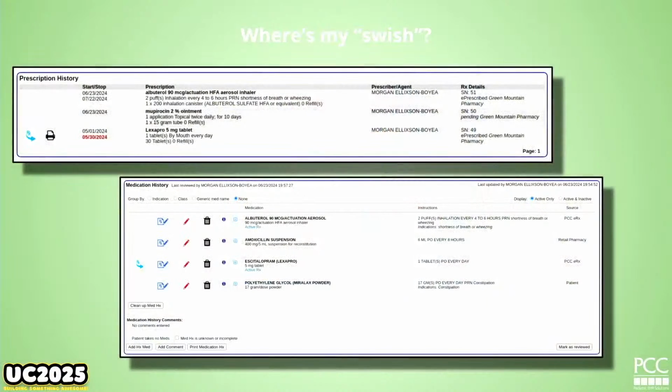All right, Jen, perfect. I am skipping some of the stuff that's in there, but let's see. Oh, here's a question you might ask yourself now that you've learned about the swish. You say, well, where is it? It's not on some of these other prescriptions, and that's on purpose. So you can't swish something that you haven't sent yet. So it might be pending that you haven't finished processing it for today. You can't, and you're probably not going to refill it if you wrote it today. So if you're on today's encounter, you can't renew something from today.